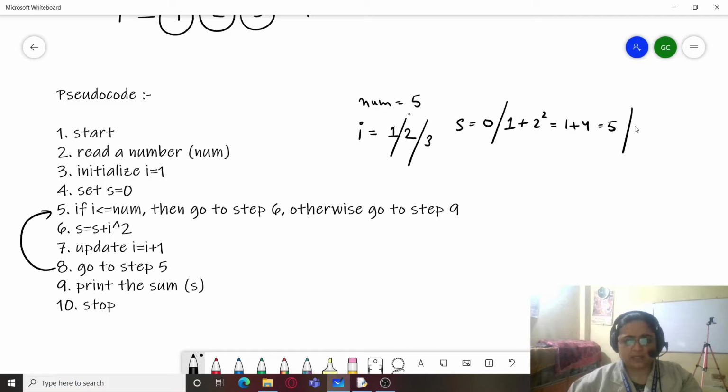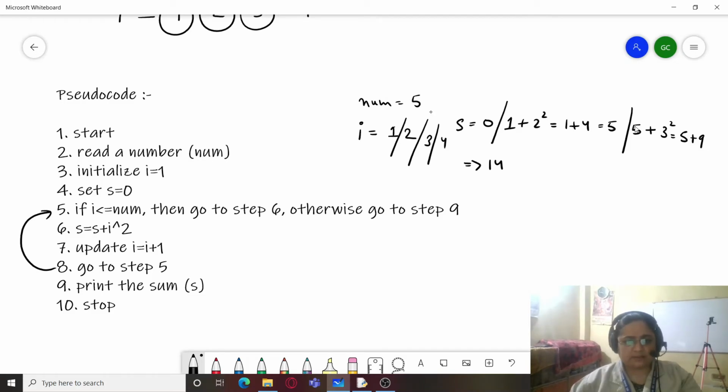Go to step 5 again. Is 3 less than 5? Answer is yes. So now we will be adding the square of 3. So square of 3 will be added to 5, which is equal to your 5 plus 9 is 14. And next again update I, it becomes 4. Go to step 5 again.